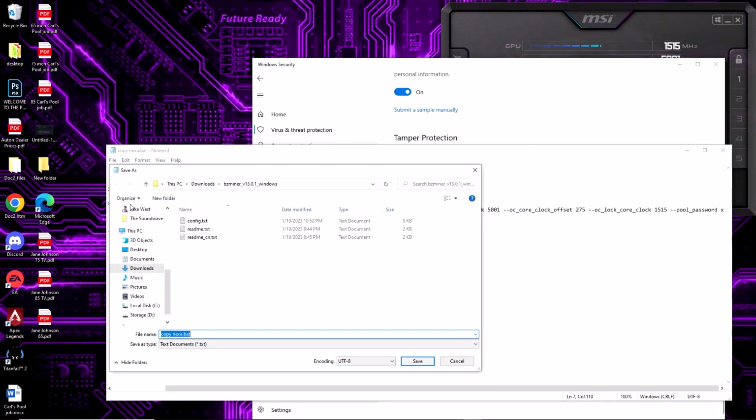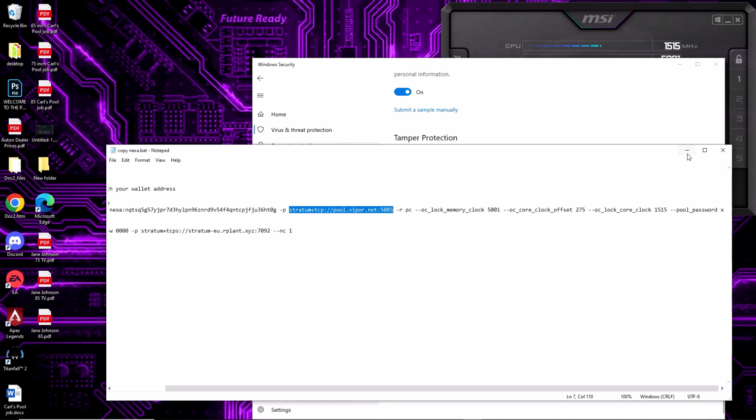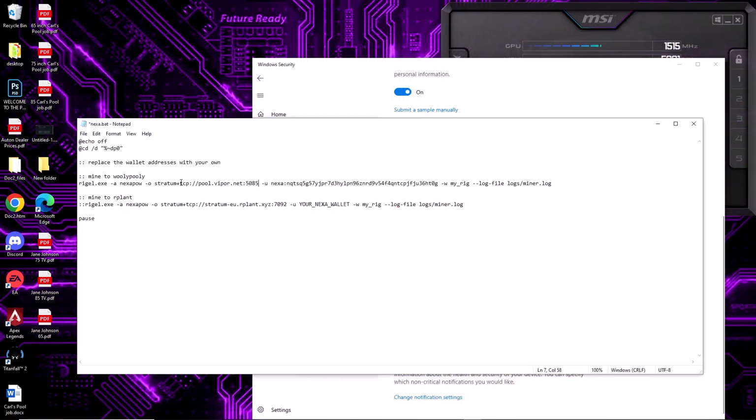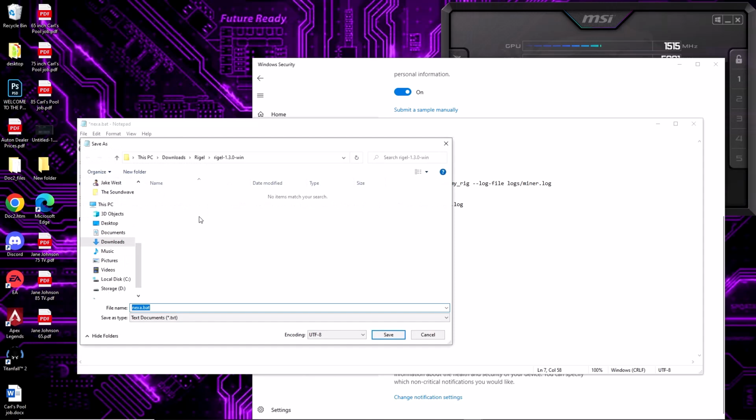Okay, so we're going to save this folder, or excuse me, save this file. Make sure that you have .bat at the end of it. If you don't, you could potentially run into an issue where it doesn't know what type of file it is,